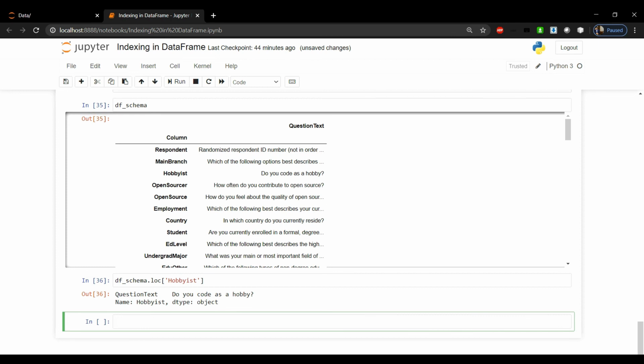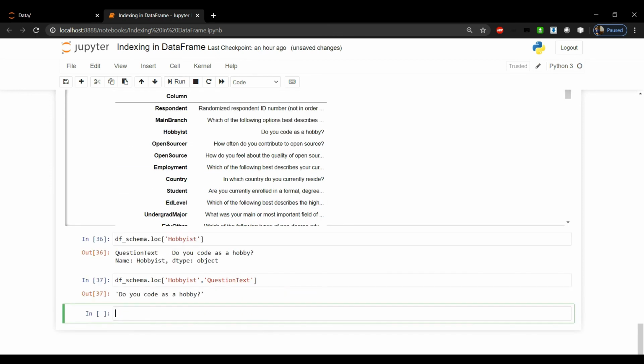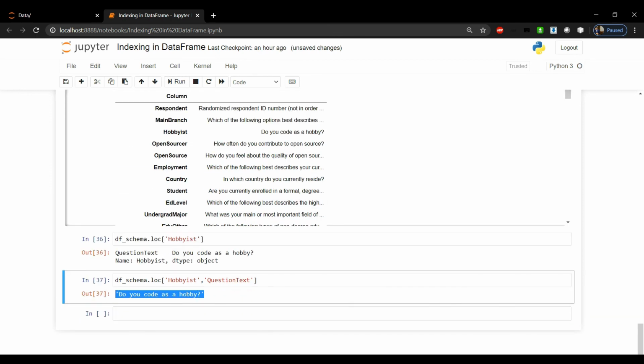Now suppose I want the question text along with the Hobbyist column, that I just want to see this text only, 'Do you code as a hobby'. So for this I need to use df_schema.loc, and I want the Hobbyist row's QuestionText column. So let's run this. So I got the question text here, 'Do you code as a hobby'.